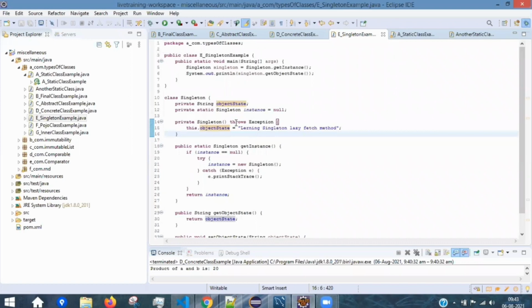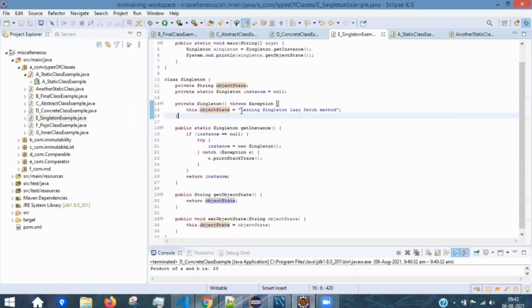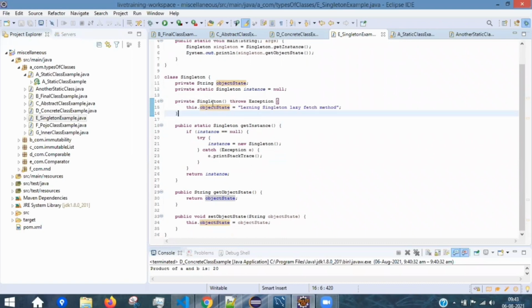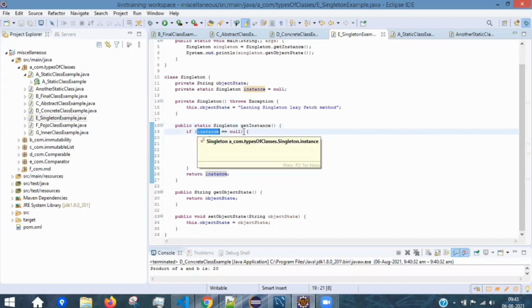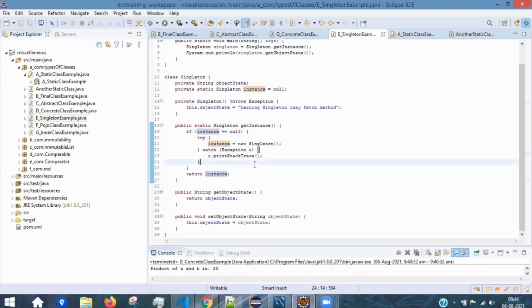So coming to this simple example that we have over here, let's imagine we don't have all those things which will break our singleton. So this is our singleton, this constructor, where we are assigning this value learning singleton lazy fetch method to our object state variable. And then this is our static method get instance. Now using this get instance, we will create an object of our singleton class. And how are we ensuring that only one object will be created of the singleton class? So what we are doing is, first we are checking if the instance is equal to null. If it's equal to null, we are creating a new object with the help of the new keyword,